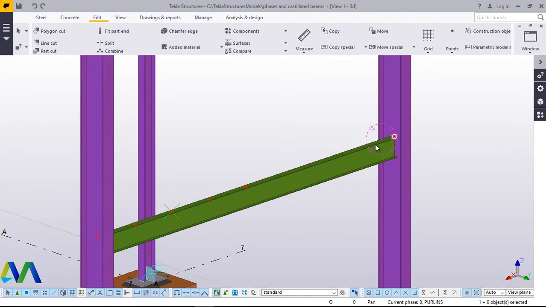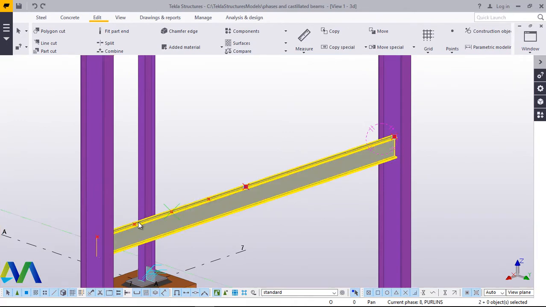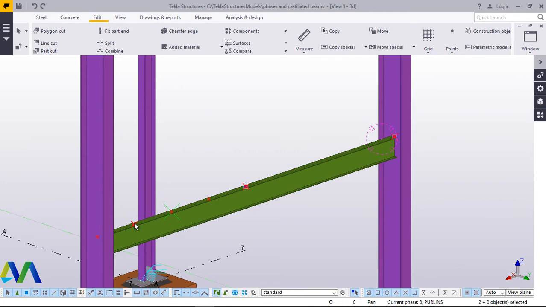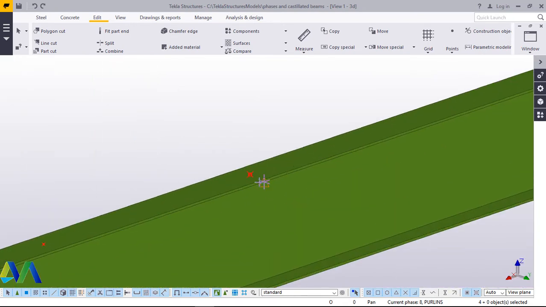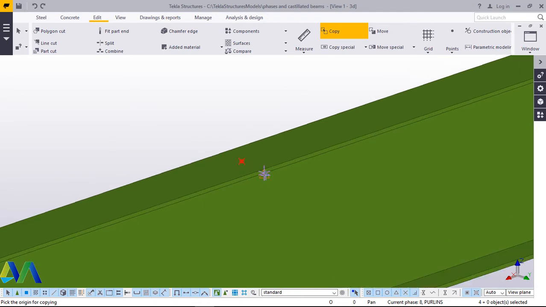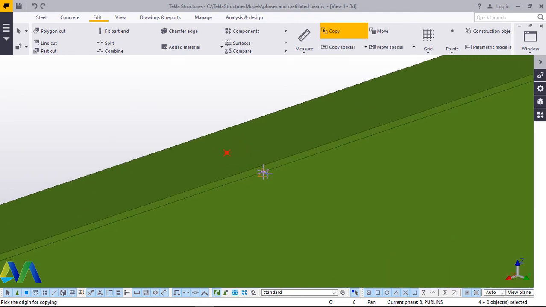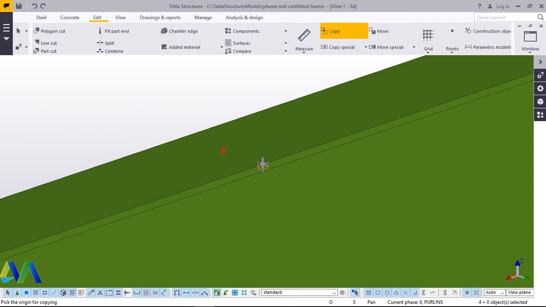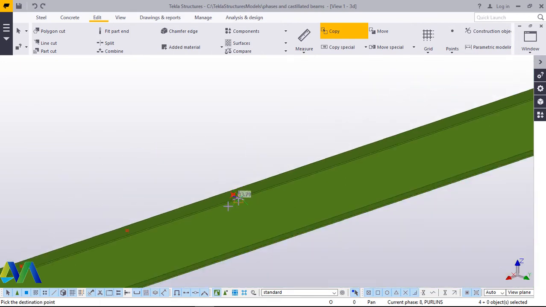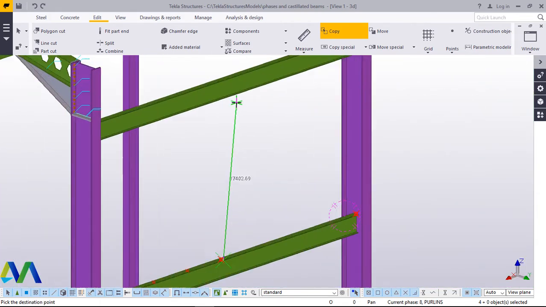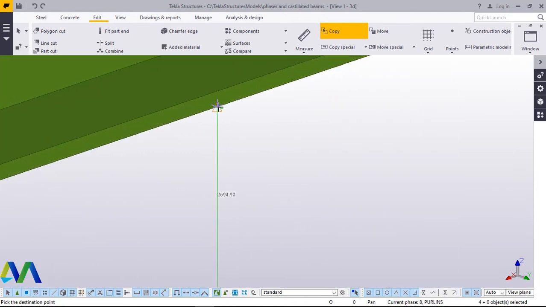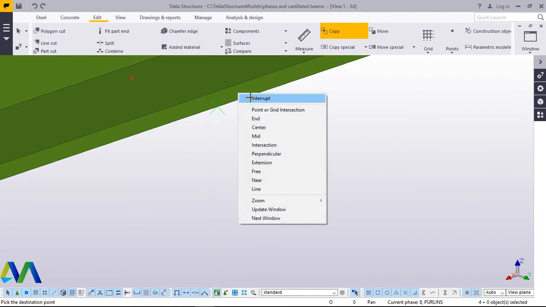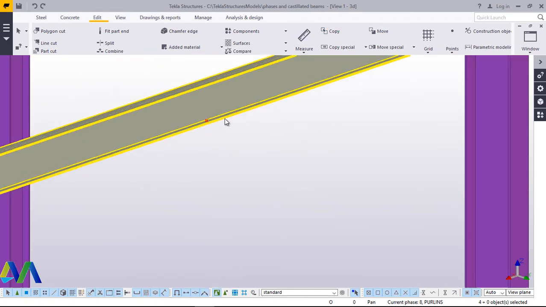We need that point, press Ctrl, we need this point, we need this point, and we need this point. Perfect. Now I'll right click and come to copy, and I'll pick it from this spot, right there, and run all the way to the bottom end of this beam right there, and to transfer all the markings I've placed